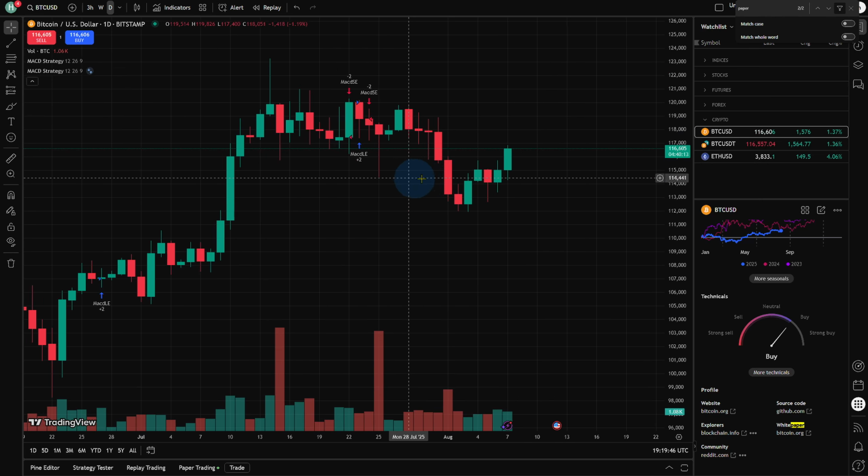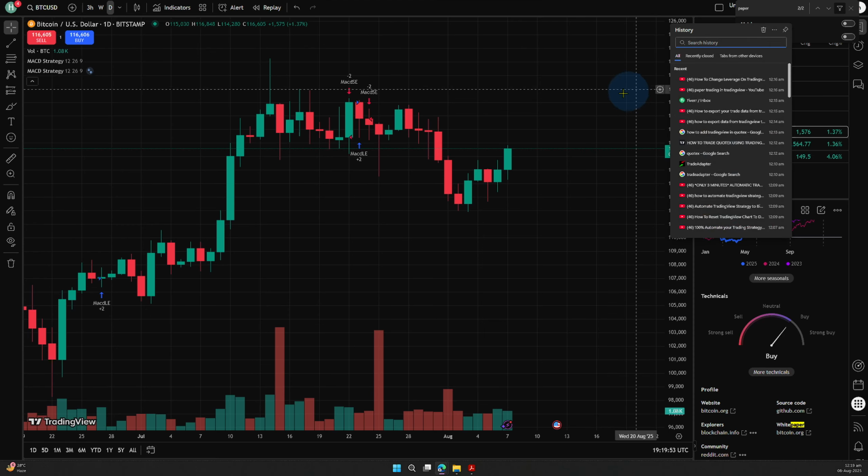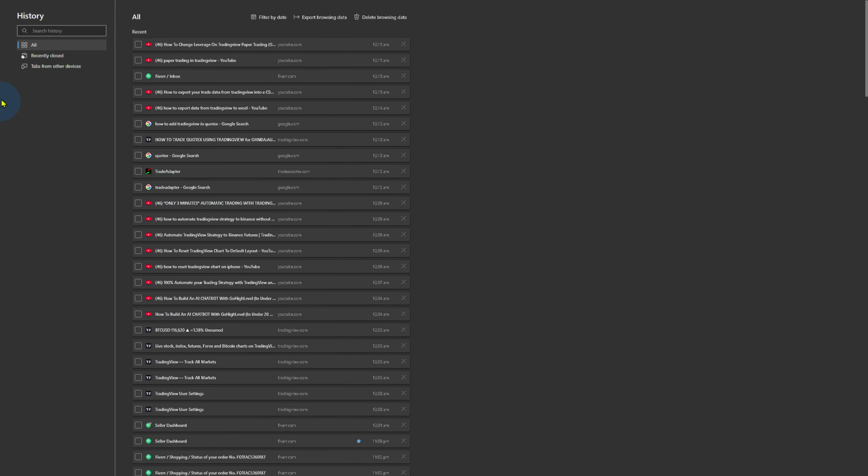If it looks abnormal, then you can also try refreshing and clearing your browser's cache and everything. So make sure you head over to your history page and clear up everything here and simply reset your cache